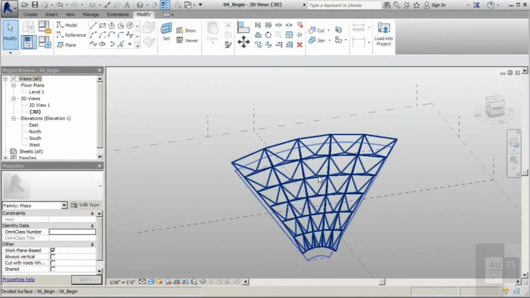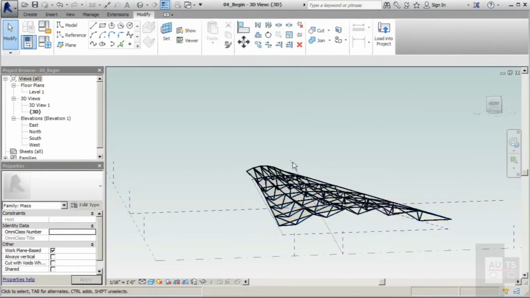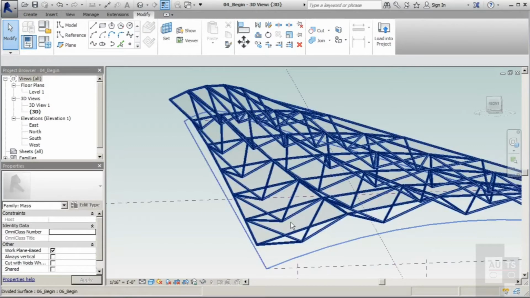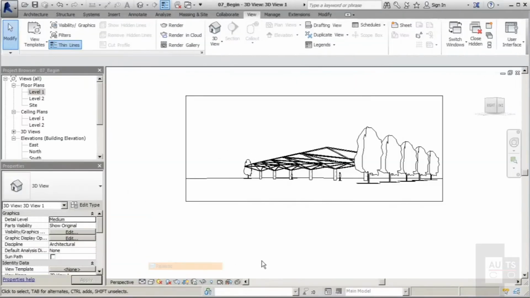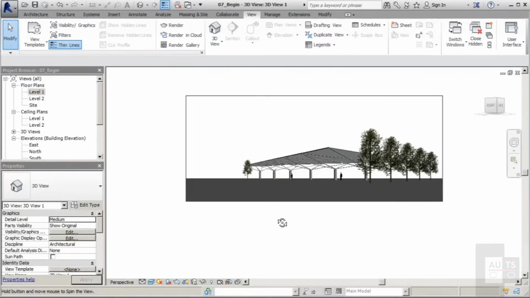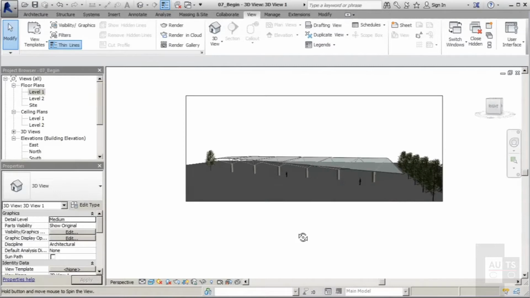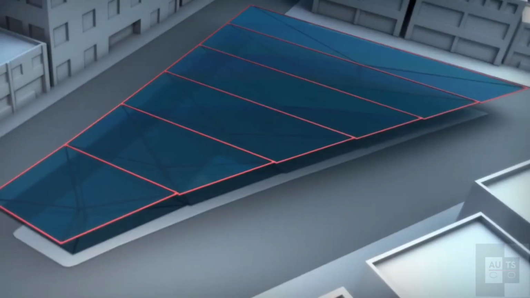Once we're comfortable with these basics, we'll then learn how to create smart forms using parameters and even adaptive modeling techniques. By the end of this course, you'll be able to make forms that are totally unique, parametric, and even